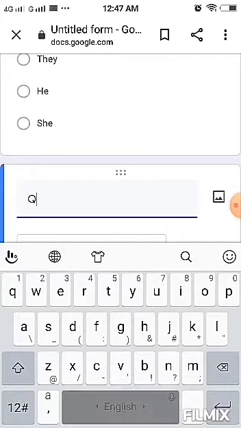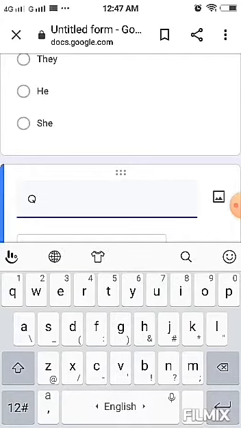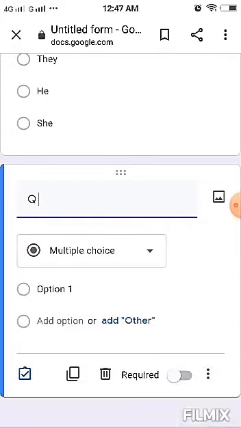Suppose I want to add a Hindi question. Hindi typing is not possible here. So what I have done, I have written my paper in MS Word and I cropped every question of the Hindi paper. Now I want to add that cropped question here. So you can see one square button is there at the right side of the question. Click over it.